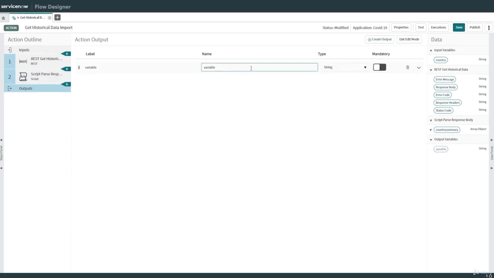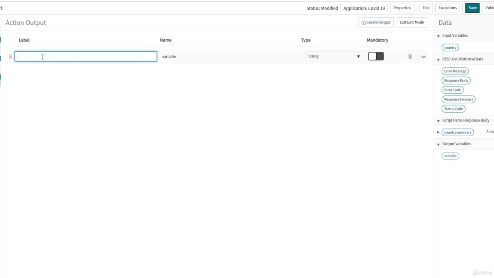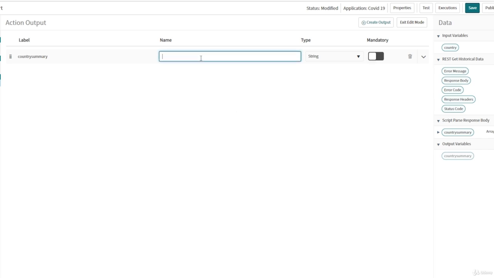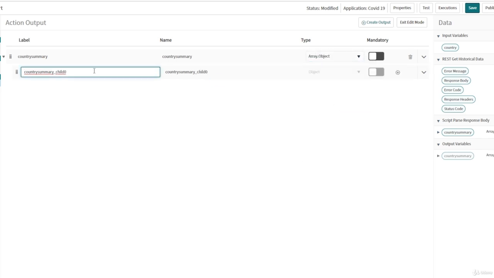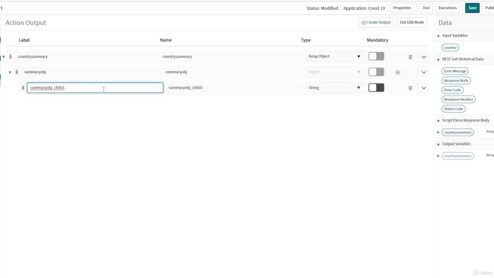But for the entire action output, we are going to also create exactly the same thing. We can actually create a template in our action step and use it here, but it's not a very big array here. We don't have 25 child items, so I prefer to recreate. So you have to just repeat the entire thing that we have done in the previous step for the output variable. So country summary, array object, summary object, create here, and then all the child items, which is country, and then we create our confirmed cases,